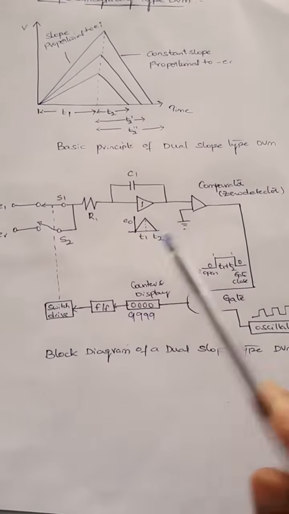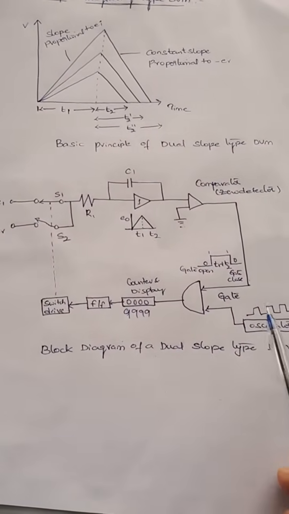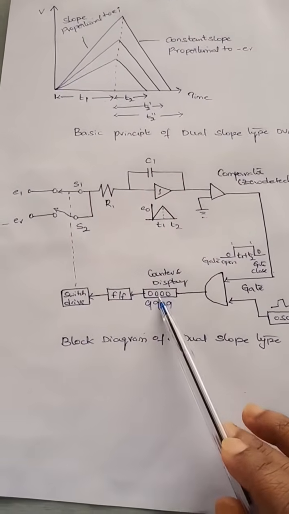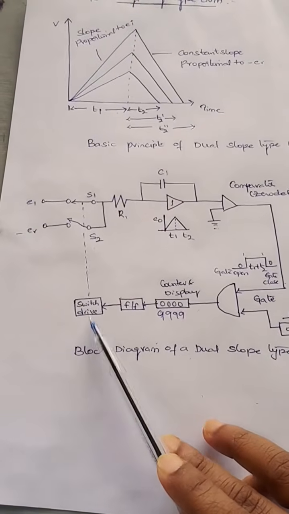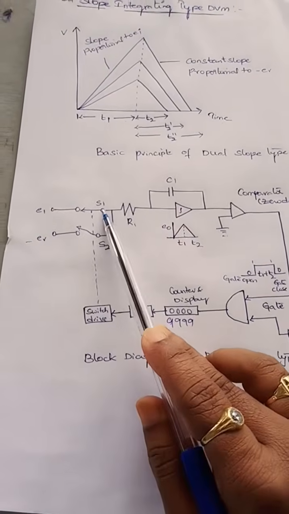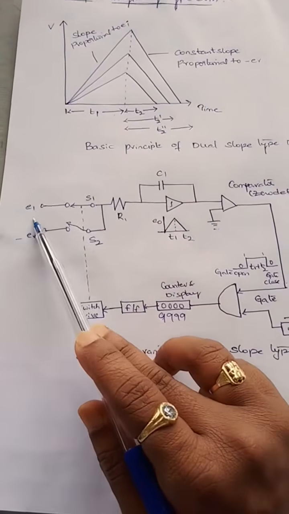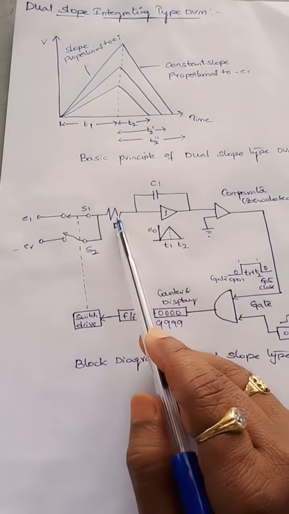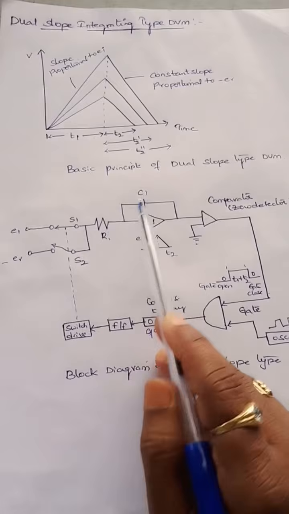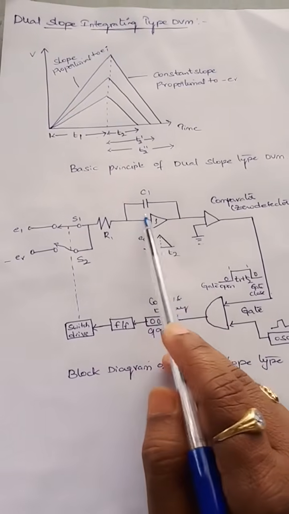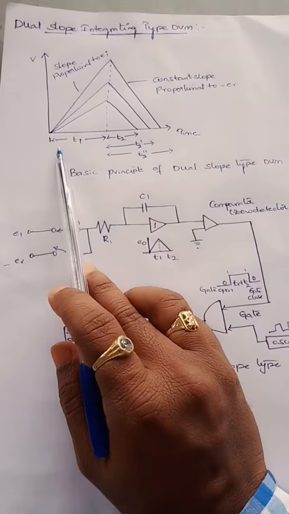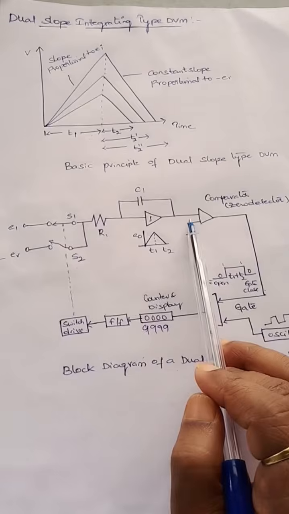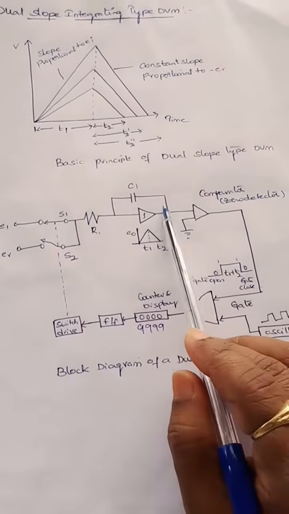During the initial conditions a pulse is sent in such a way that the counter display as well as the flip-flop are set to logic 0 state. The switch drive sends a signal that switch S1 has to be connected to the input voltage EI. As soon as S1 is connected the input voltage is supplied to the circuit, and the capacitor gets charged. From this figure, T1 is the time period when the capacitor is charged. The output of the integrator will be a positive slope, which is applied to the zero detector.